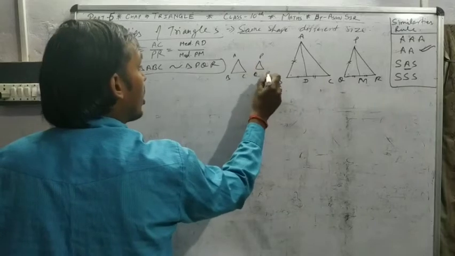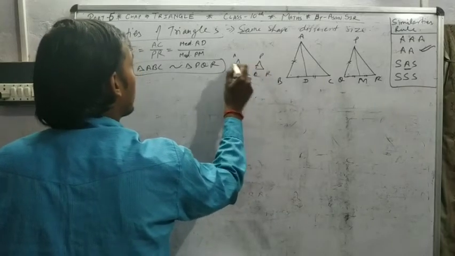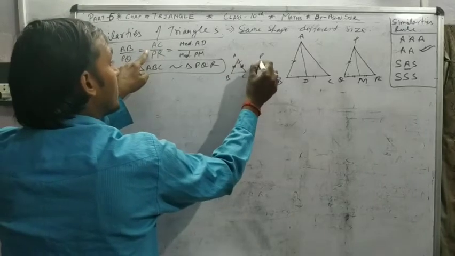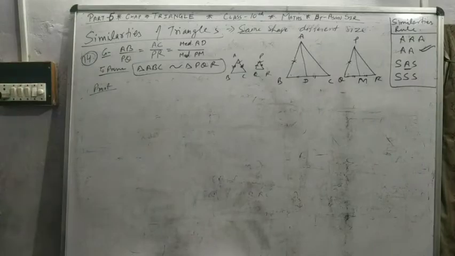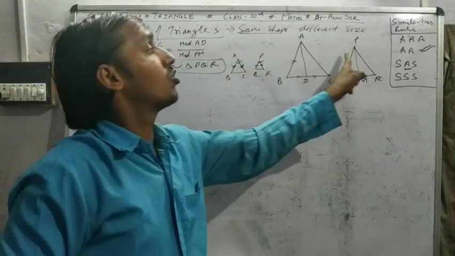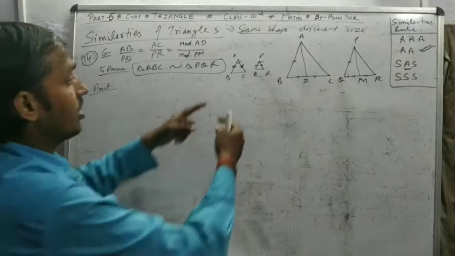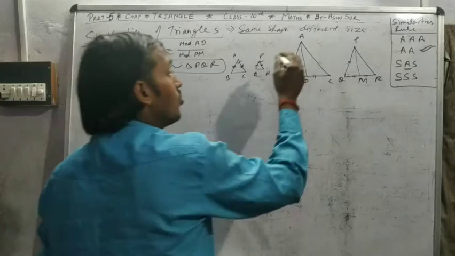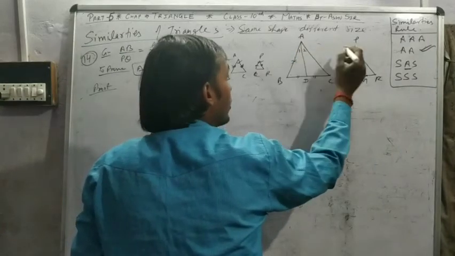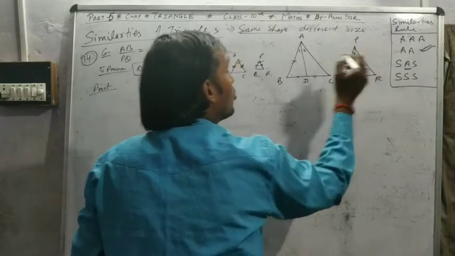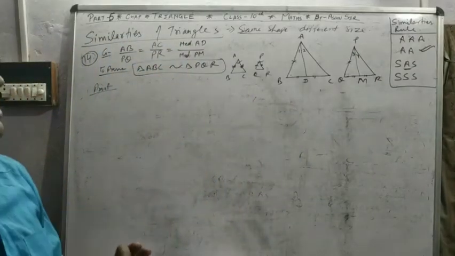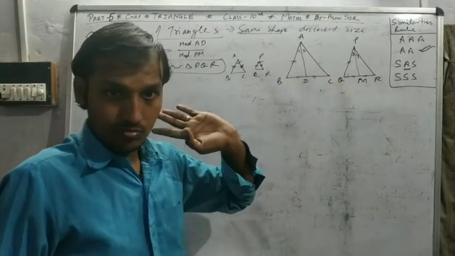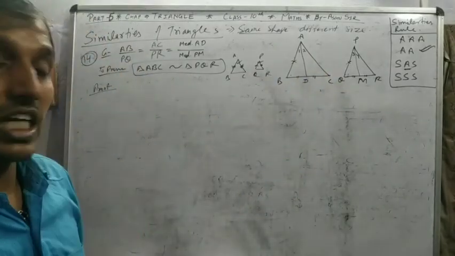ABC and PQR, these sides are corresponding, with corresponding ratios. If you prove these equal, so side angle side, means here you want to prove that angle A is equal to angle P. We have to see that angle A is divided into two parts and P also in two parts, but they are not equal, because a median only divides the base into two equal halves, not the angle. So for this we have to make a construction here.